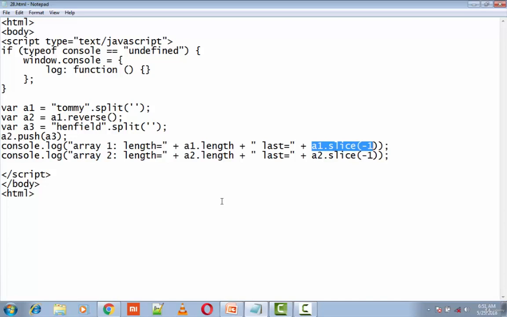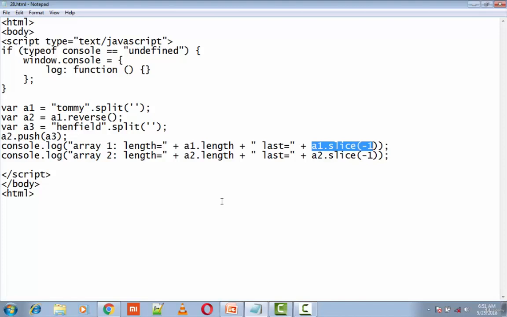So what happens here is, if I repeat, a2 contains Tommy, which is reversed. a2 also contains Henfield. So that way a1 contains Tommy, which is reversed, and a1 also contains Henfield.